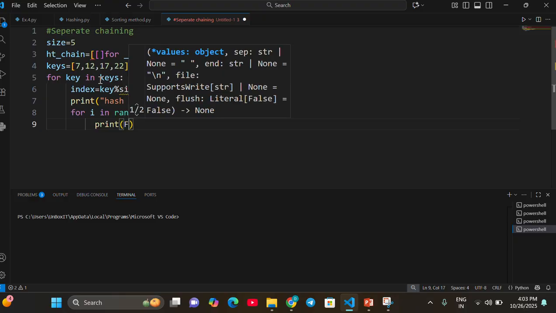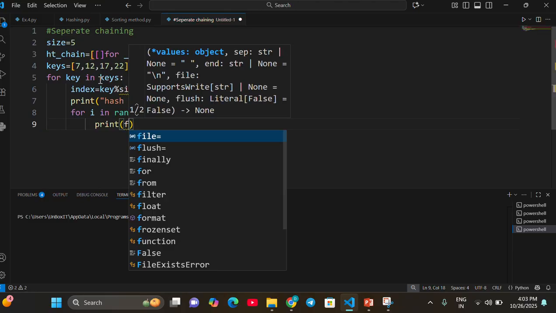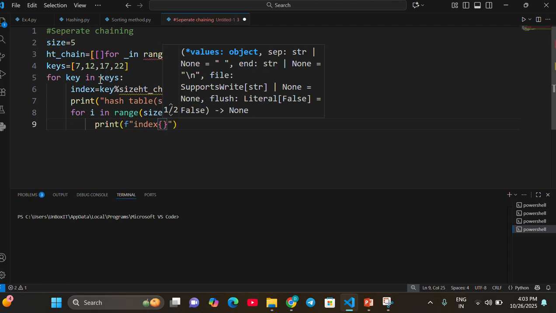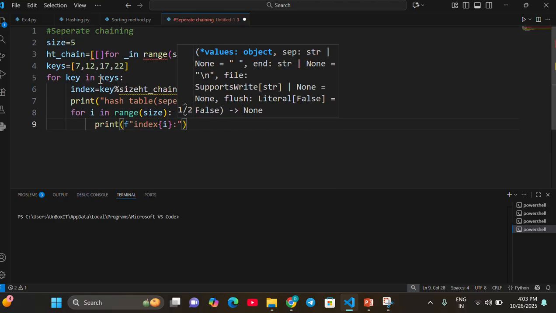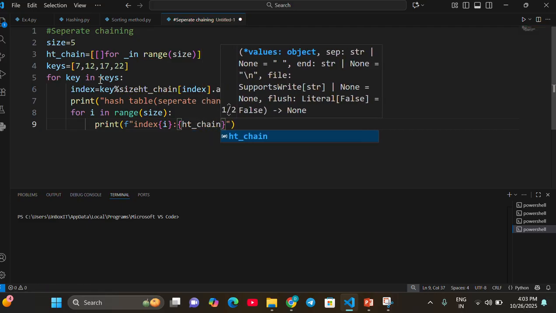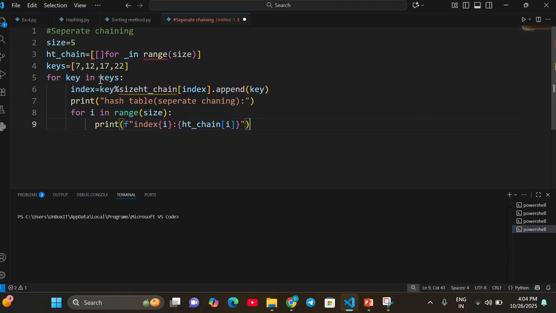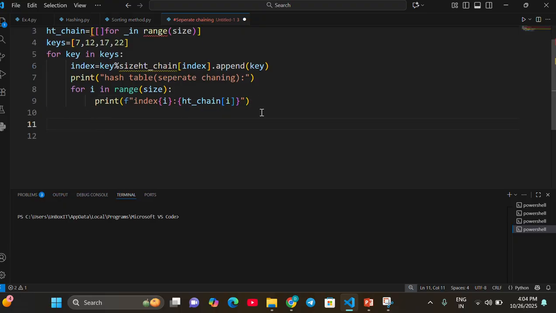And then we take a placeholder element. This function I will call separate chaining. Then we can perform operations on